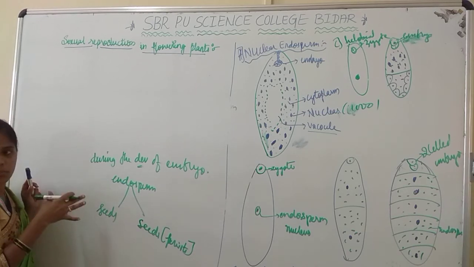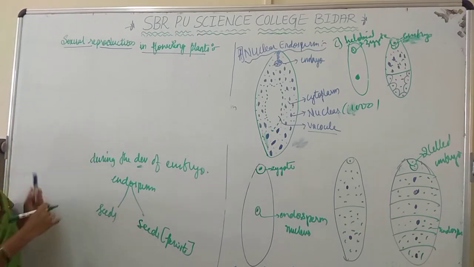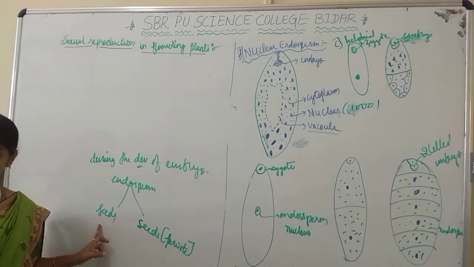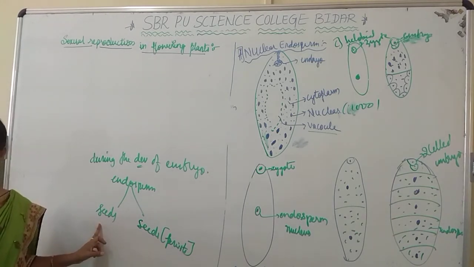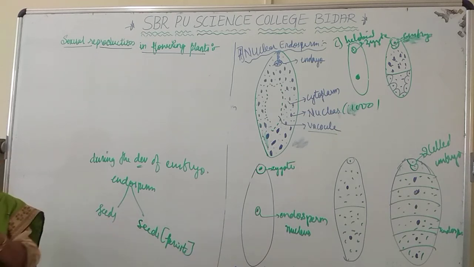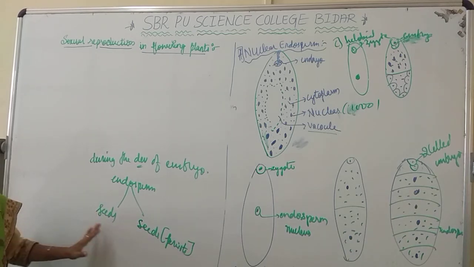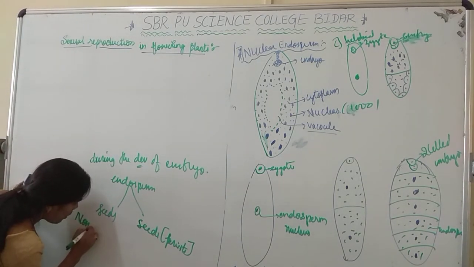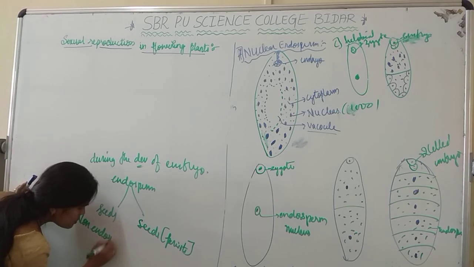Here there is no remaining, completely consumed by the embryo during the development. So in the seed, endosperm does not remain, so what do we call that, non-endospermic